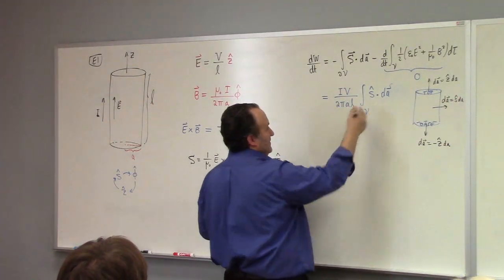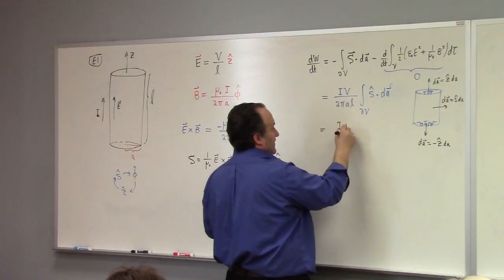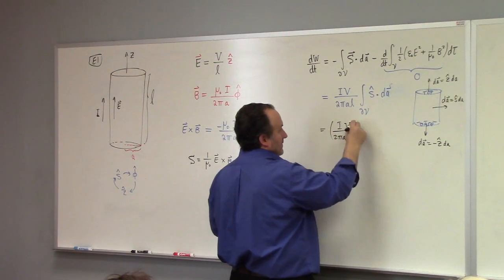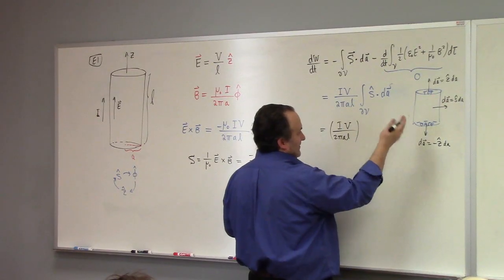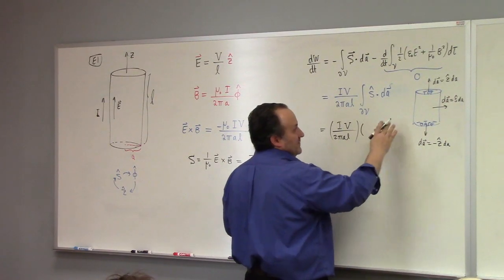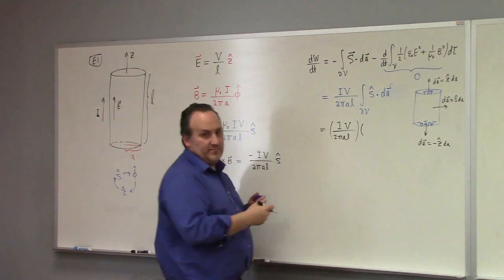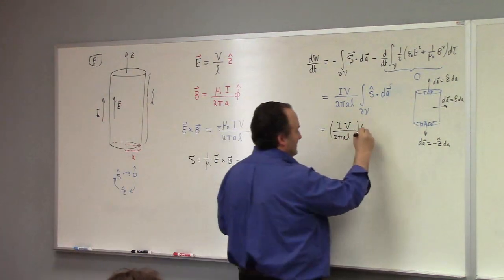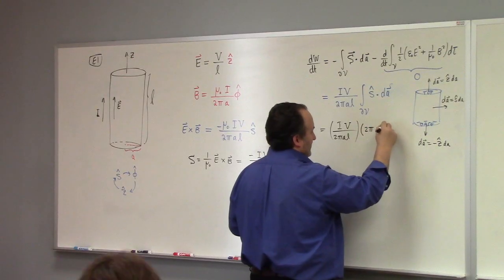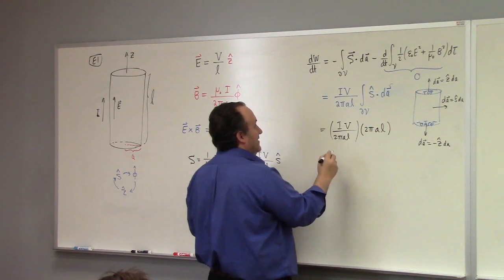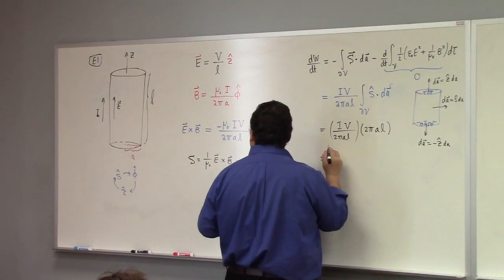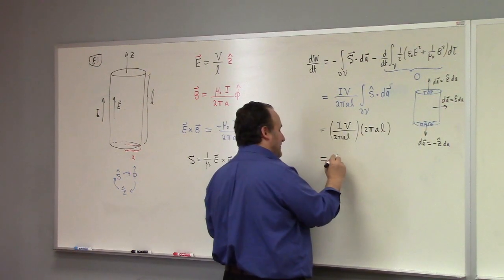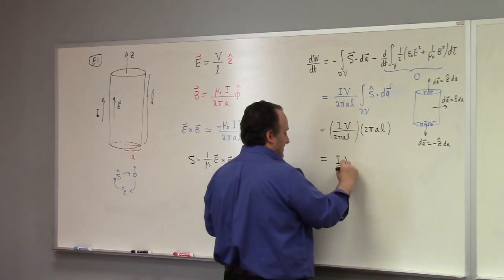And so that just gives us IV over 2 pi AL times, well, the area of the side, which is what? What's the area of the side of the cylinder? 2 pi AL, right. And lo and behold, the work done by a resistor with current I flowing through it, with voltage V dropped across it, is